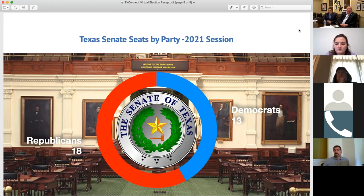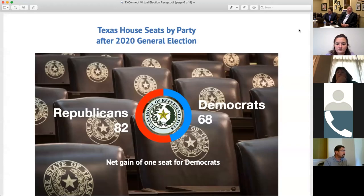Some of them are very urban, including Boris Miles and Ms. Turner, Ms. Thompson, and a few other urban senators, including John Whitmire. So we have a good cadre of folks that should be allies when we talk about telecom matters that affect rural Texas. So Charlie, if you want to go into the House,